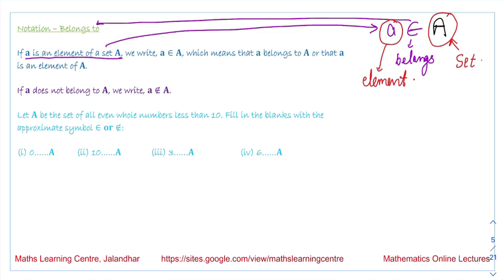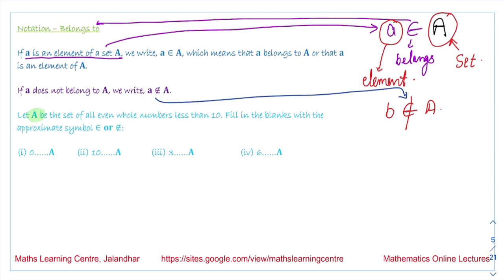Now, if an element is not present in A, suppose I am writing over here that there is an element b, which is not an element of A, which does not belong to A, then we write b does not belong to A. So this is the notation for does not belong to. So we explain this with this example. We are saying A be